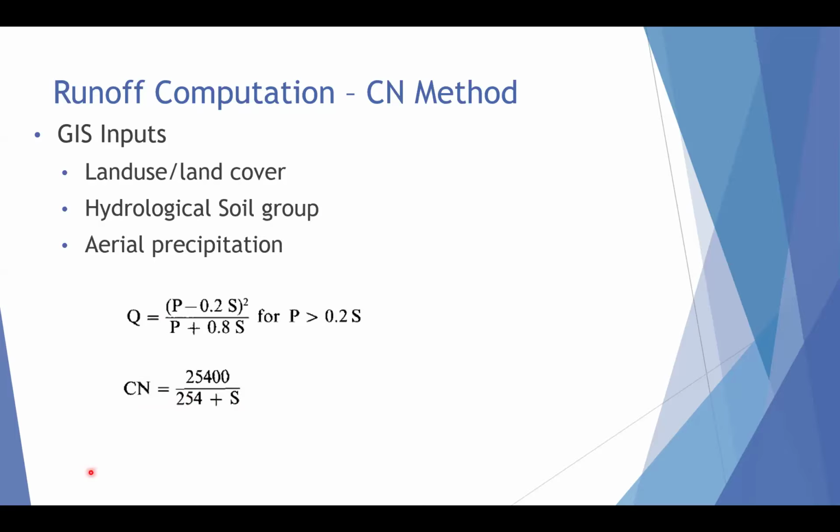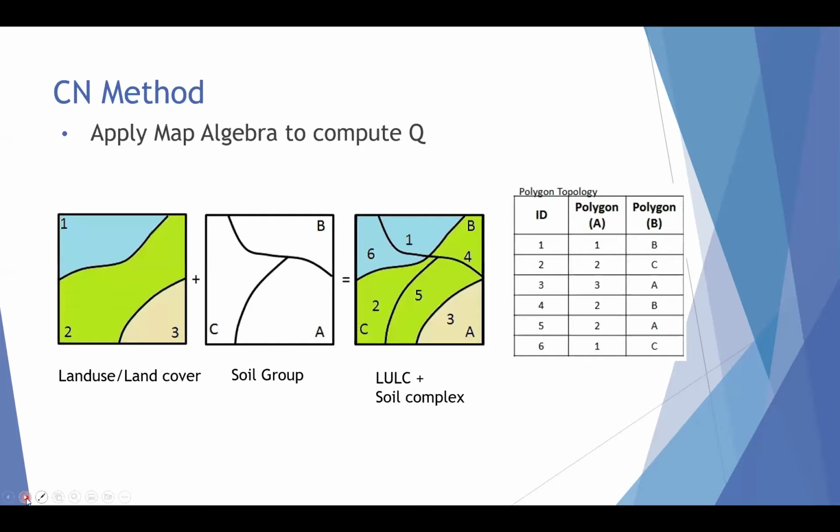Now, how do we use GIS? Let us say that I have a land use, land cover map. There are three land use, land covers, and you can give any names, for example forest, agriculture, urban. Now you have soil groups A, B, C: hydrological soil group A, soil group B, soil group C. Now if I try to overlay these two things,